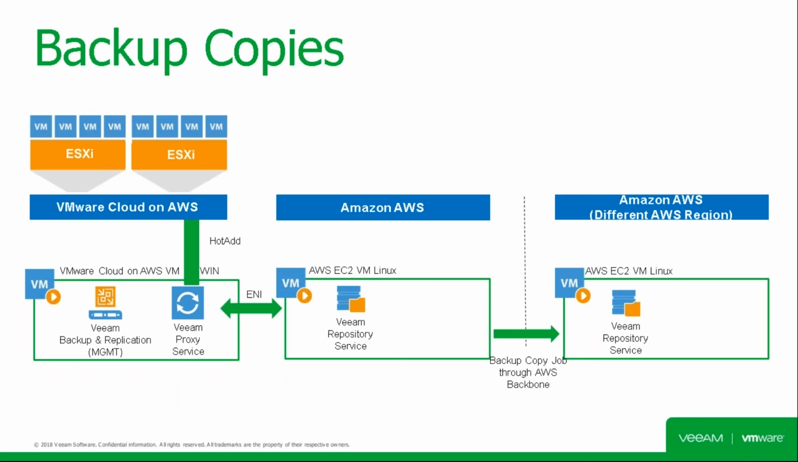Now, what you've got at this point is the capability to execute backup copy jobs through the AWS backbone to a different Amazon region. Okay, and there's a lot of options here, and we're just trying to give you an idea of what you can accomplish. So here we're going to a different Amazon region to create a backup copy. If we go to the next slide,